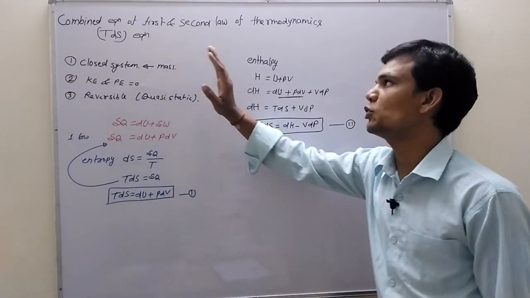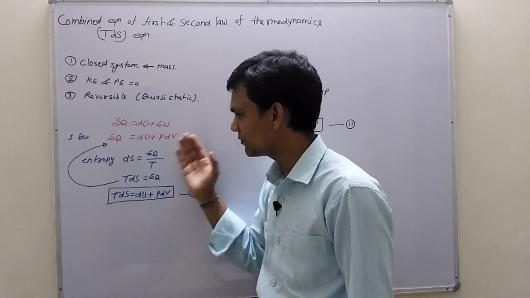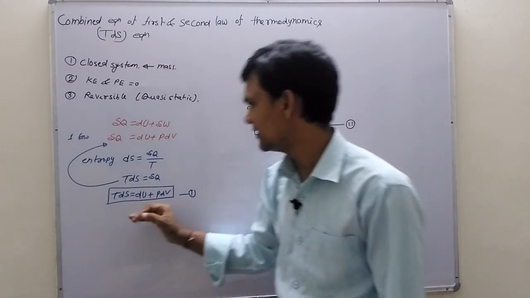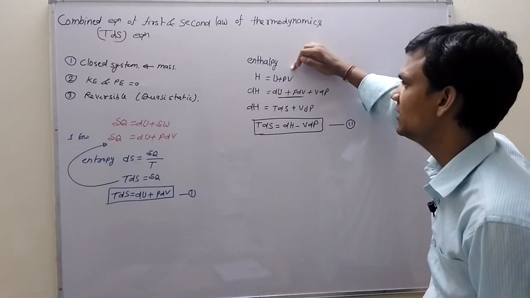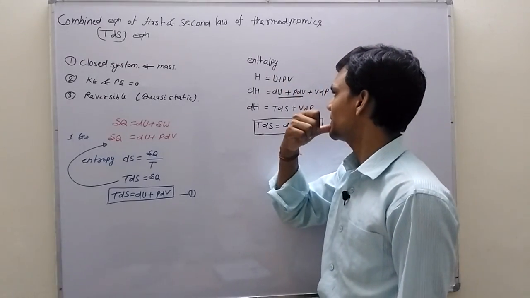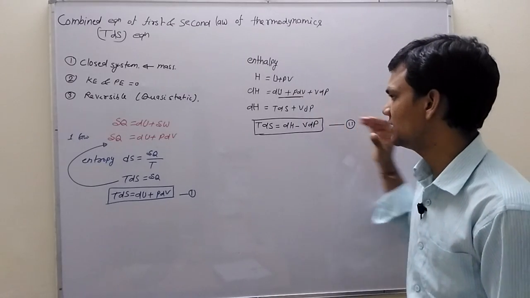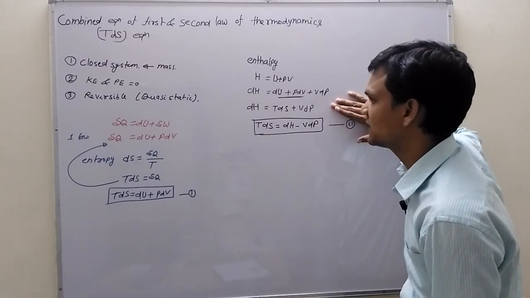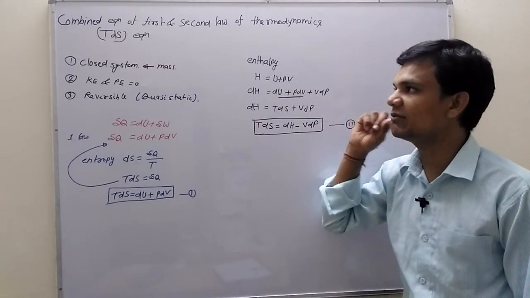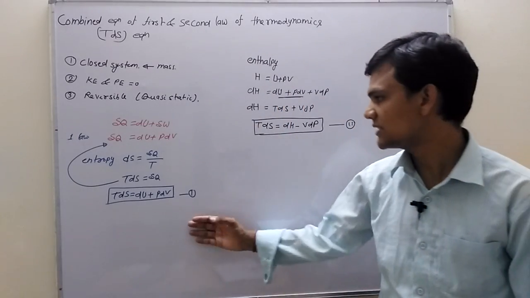Now this is about the combined equation of the first and second law of thermodynamics, because this is our first law of thermodynamics, and entropy we obtain from the second law of thermodynamics. We obtain the first TdS equation. Now enthalpy is a formula for a constant pressure process, which is related to the first law of thermodynamics. We also put these values in this formula, so this relates to the second law of thermodynamics. So this is known as the combined equation of the first and second law of thermodynamics, and also known as the TdS equation. So this is about the first and second TdS equations.